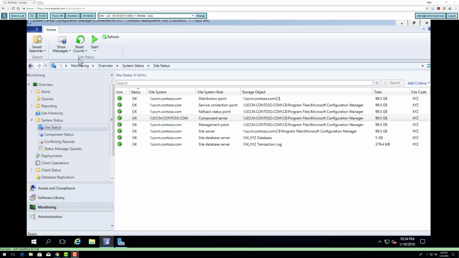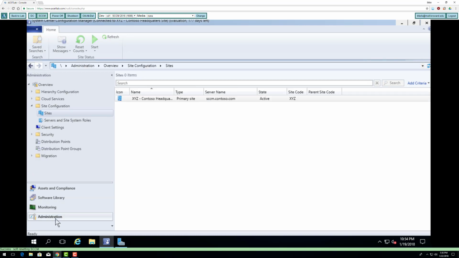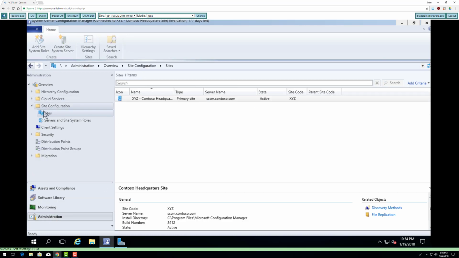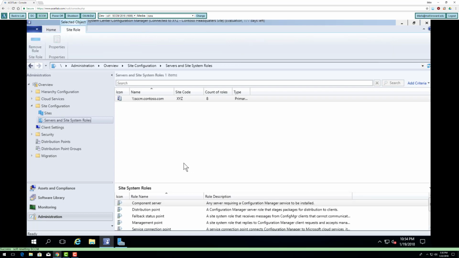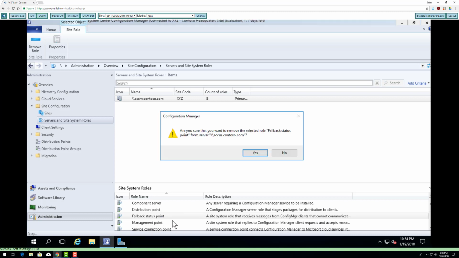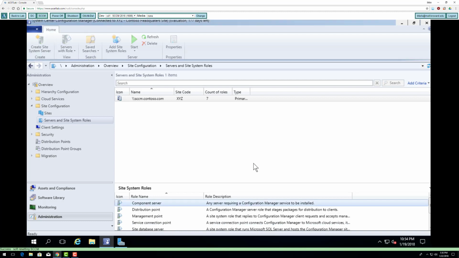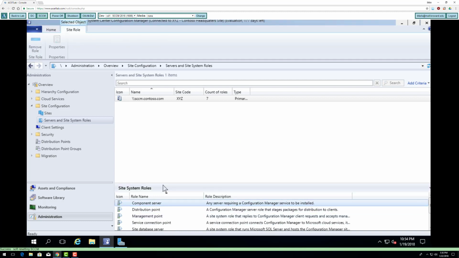So I'm in my SCCM management console. I'm going to go to administration. I'm going to highlight server and system roles. Some of you might have already done this, but if you don't have a fallback status point, I'm going to remove it just so I can walk through the procedure. You need to add the fallback status point. So I'm going to remove this role. If you already have it, leave it alone. But if you don't,